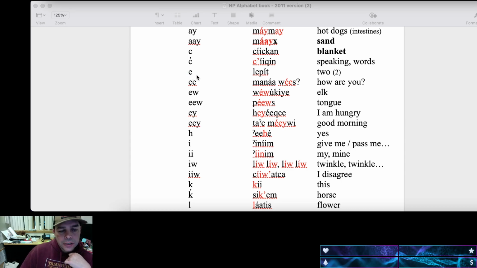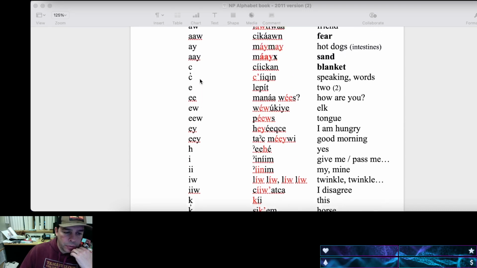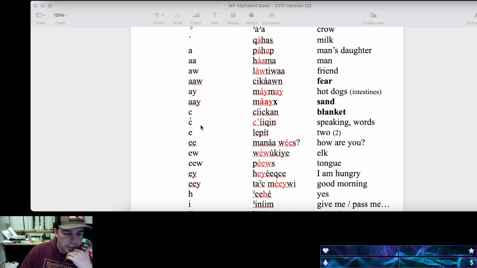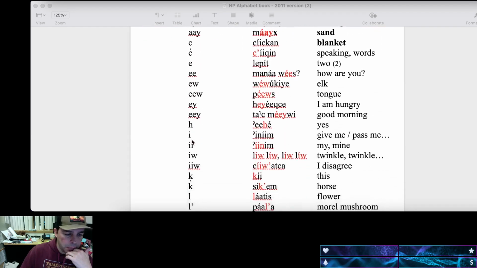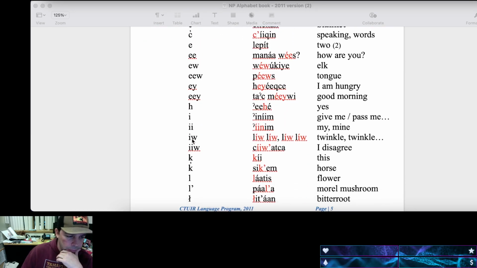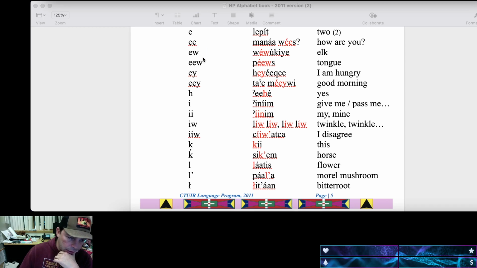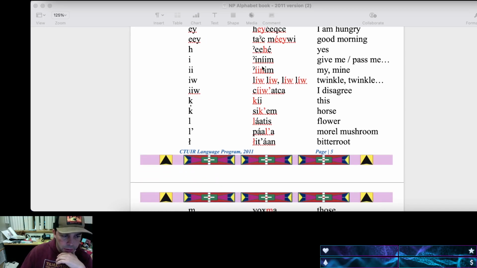The letter E is always going to sound like the a in cat. It's never going to change. It's not like English where the A and the E sometimes sound the same. It's always going to be the same. Again, it can be lengthened, and it has diphthongs too, but I feel like those are pretty self-explanatory.